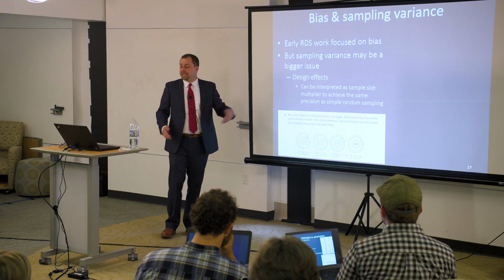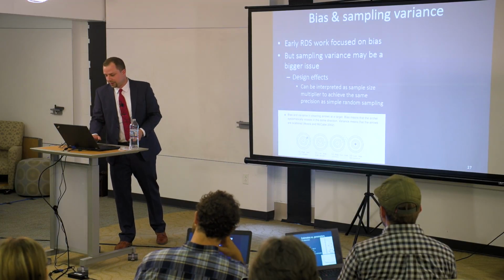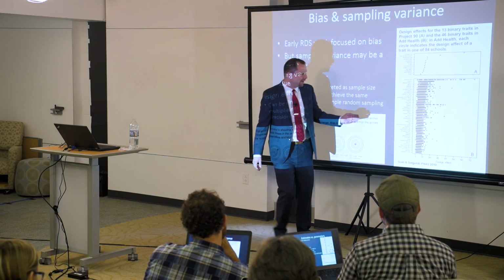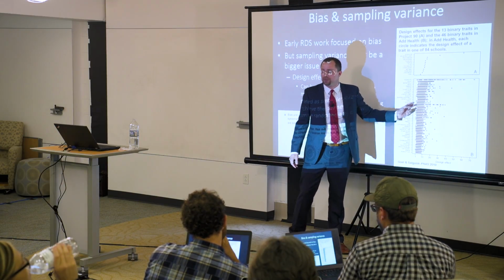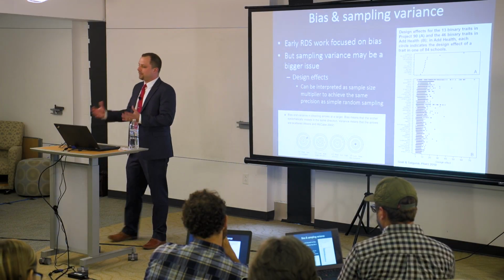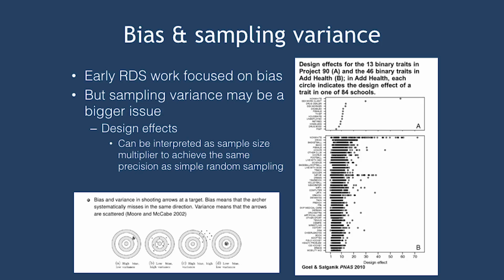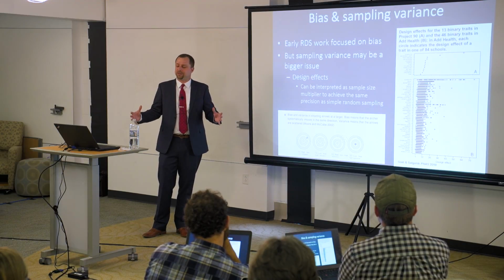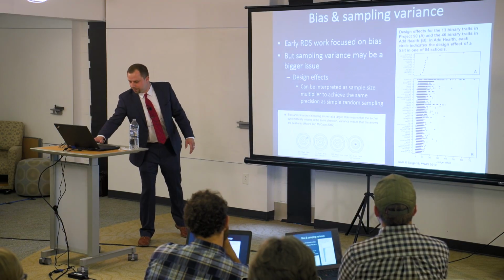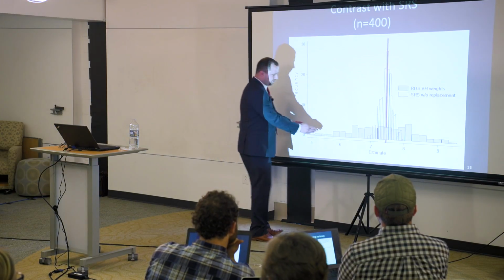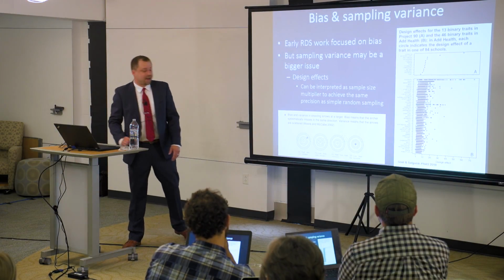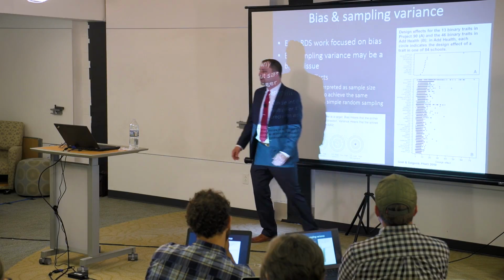And so people have begun to calculate the design effects for RDS studies, and they're not good. They are on the range of 5 to 10, is typically what's cited. This is from Goel and Salganik's work, where they did a bunch of RDS simulations in the Add Health data, as well as in Project 90. They did it on every binary variable in those data sets, and they calculated the ratio of the sampling variance of RDS, just like what I had done there. If you look back at this graph, it's the spread of this distribution versus the spread of that distribution. And they find that on average it's 5 to 10 times as much,